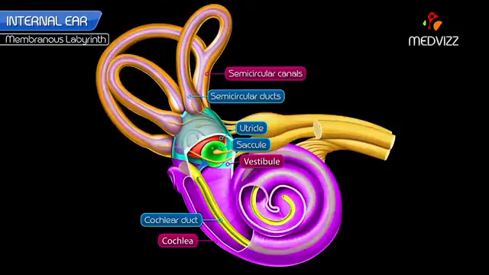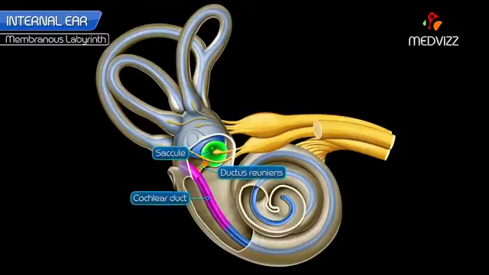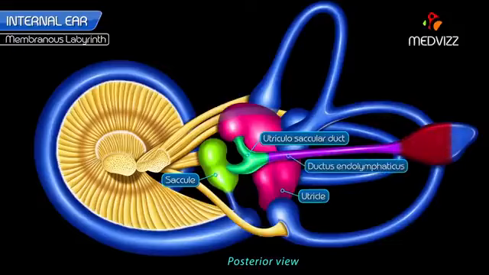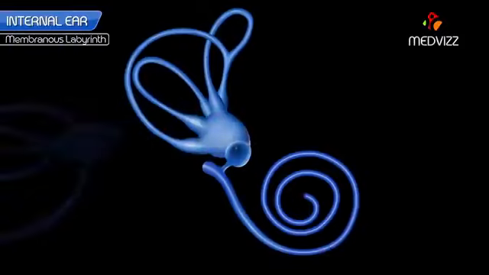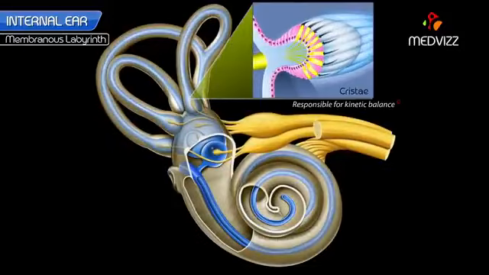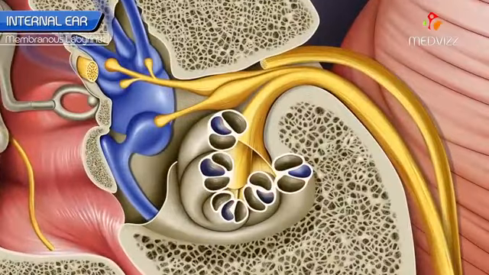These 4 parts are interconnected in the following ways. The basal turn of the cochlear duct is connected to the saccule by the ductus reuniens. The saccule and utricle are connected to each other by a Y-shaped utriculosaccular duct, which expands to form ductus and saccus endolymphaticus. The utricle is connected to 3 semicircular ducts through 5 openings. The sensations from cristae, responsible for kinetic balance, and maculae, responsible for static balance, are carried by the vestibular nerve,